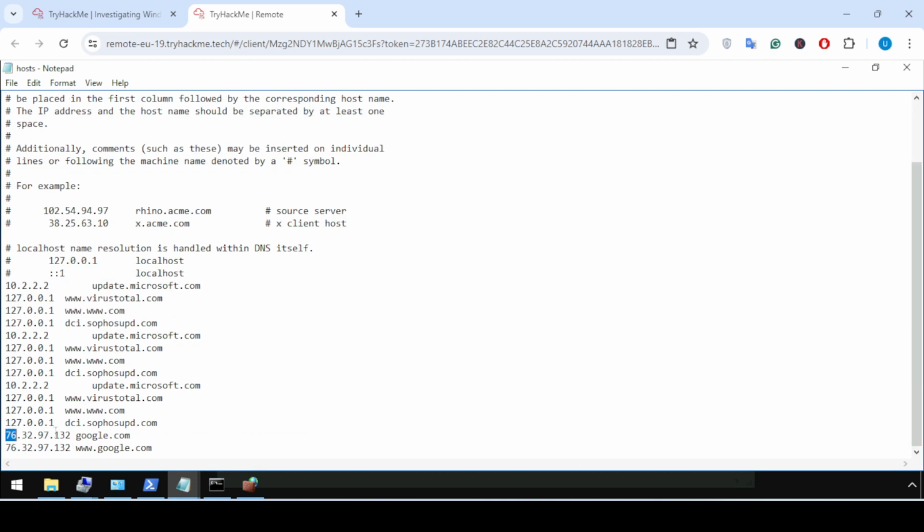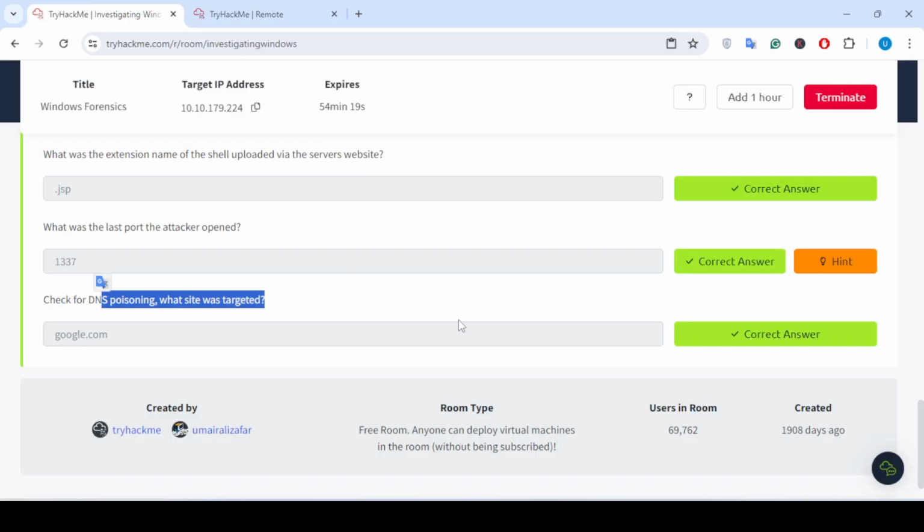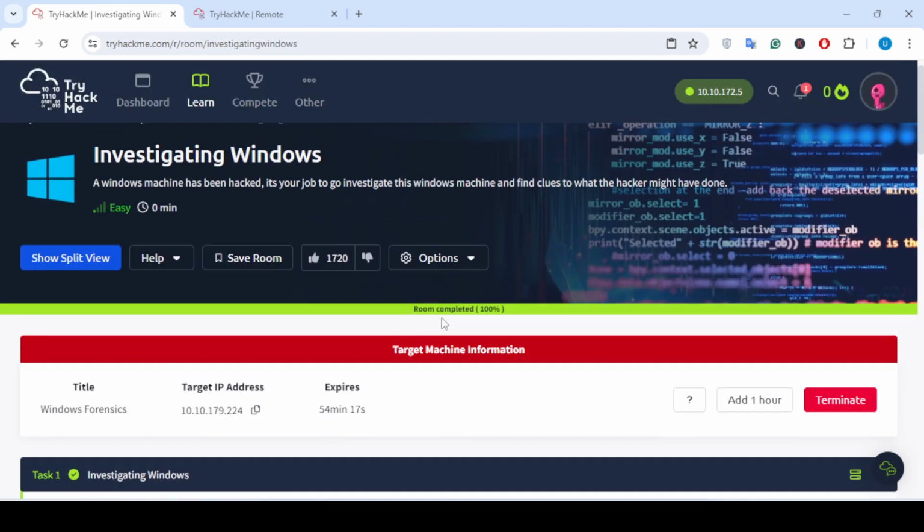See, this is the IP address that is used by the attacker as a C2, and this is the website. By using the name of this website, he is performing DNS poisoning. So these are the answers of all questions.